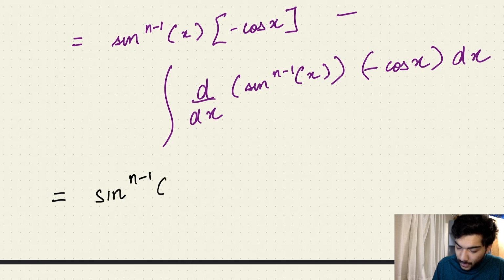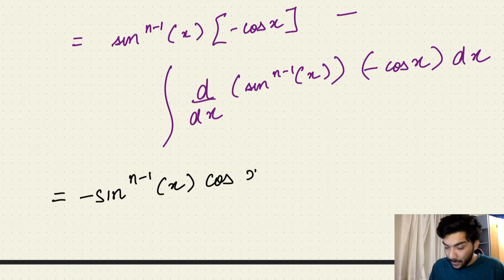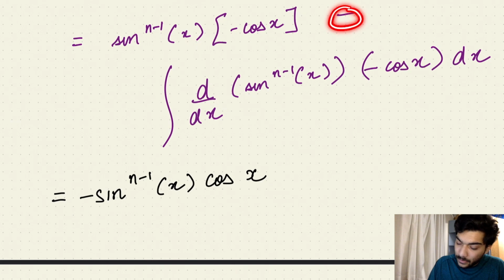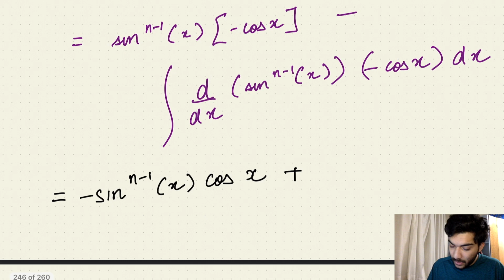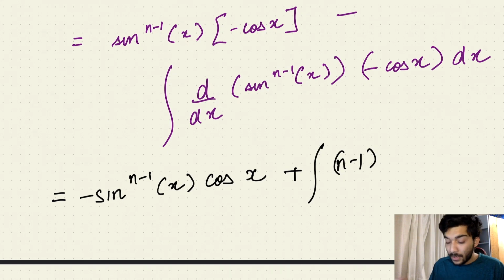It would become sine to the power n minus 1x minus cos x. We can write the whole term as minus sine to the power n minus 1x times cos x. So this minus and this minus over here will become positive, right? So we can write this as positive, and this derivative can be solved using chain rule over here, right? So this would become integral sine to the power n minus 1 times x will, the derivative of that expression will be, the power will come in front. So n minus 1 times sine to the power n minus 2